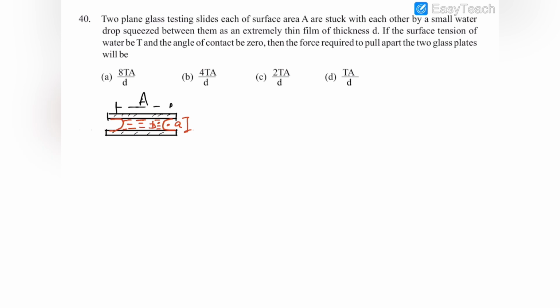The angle of contact is given in the question as 0 in this case, and therefore this would be a semi-cylindrical meniscus. You can imagine that this liquid layer would be cuboidal and this meniscus would be a semi-cylindrical meniscus. We always know that for cylindrical surfaces,